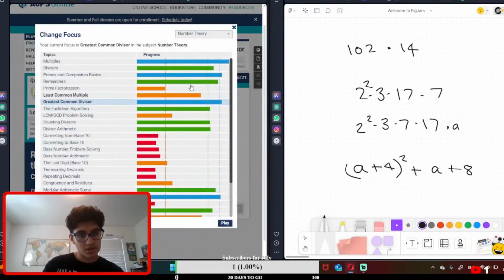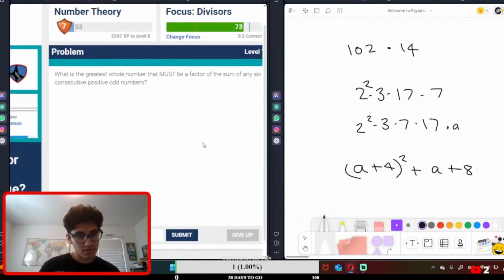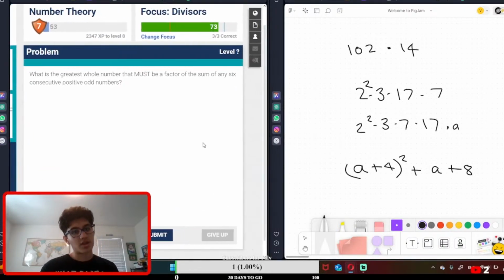Okay, wait, let's see. Let me master these two then. At least get some blue stuff here. What is the greatest whole number that must be a factor of the sum of any six consecutive positive odd numbers? If they're consecutive odd numbers, so